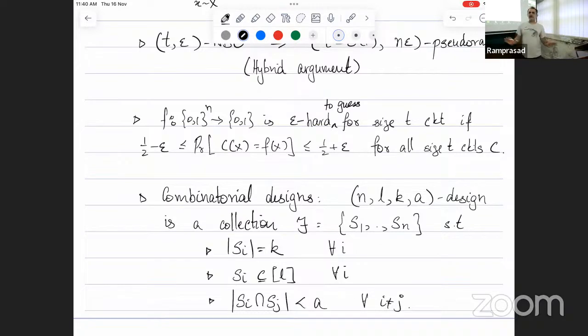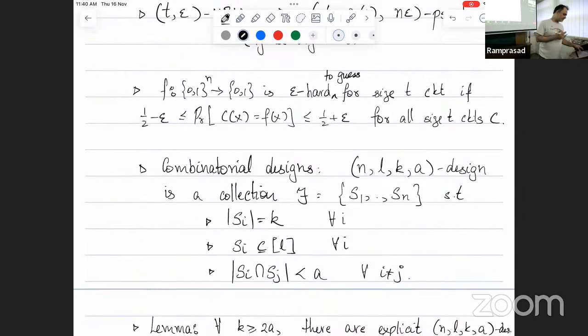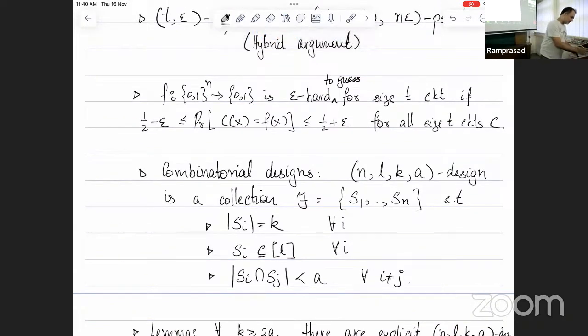You don't really need to care about it. Basically, tell yourself that you are expecting a lot of sets in a reasonably small universe where the intersection size is substantially smaller than the size of the sets. So you should really be thinking of the regime where, like I mentioned last time,